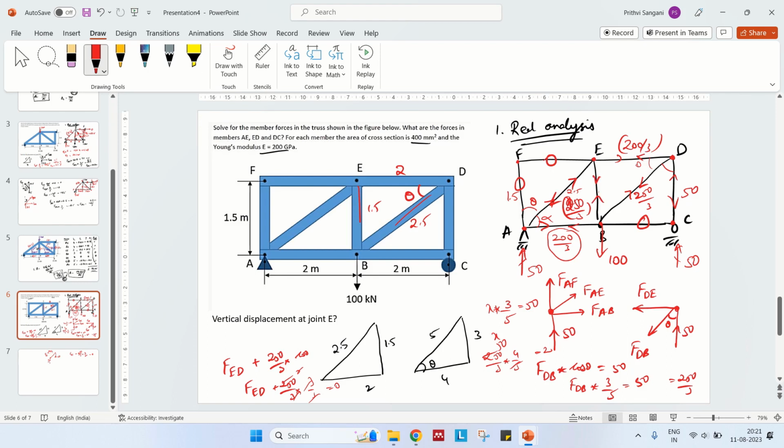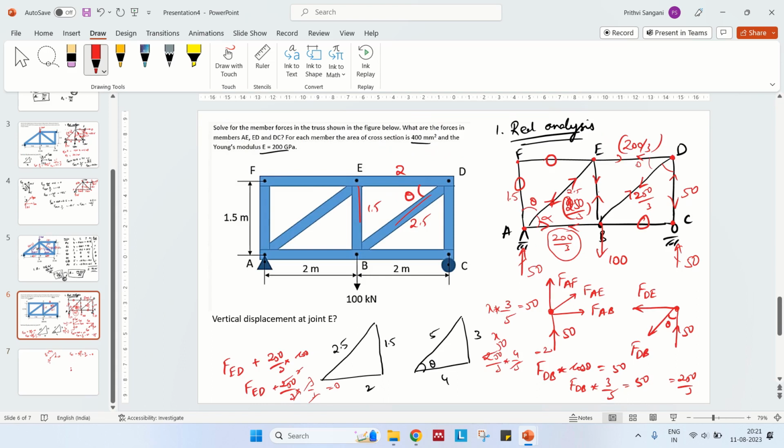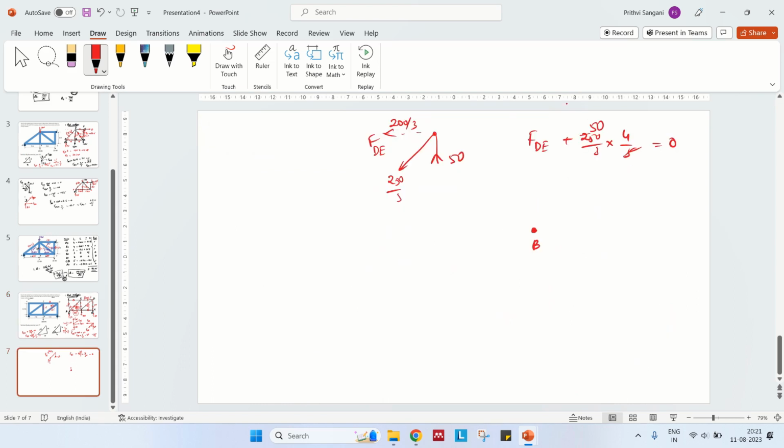Let us solve that. This is the point B. We have 200 by 3 in this direction, 200 by 3 in this direction, and we have something in this direction, and something in this direction, and this is 100. This is 0, and what is this? This is 250 by 3. This is 250 by 3, and how much is this? This is x. So 250